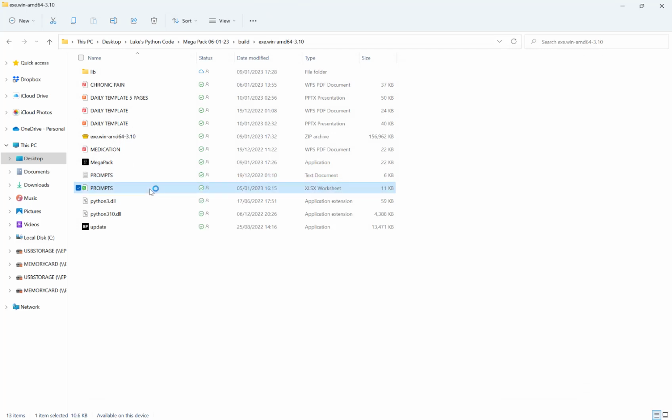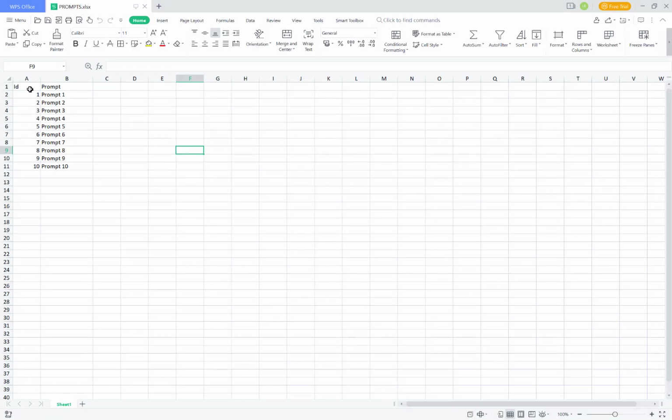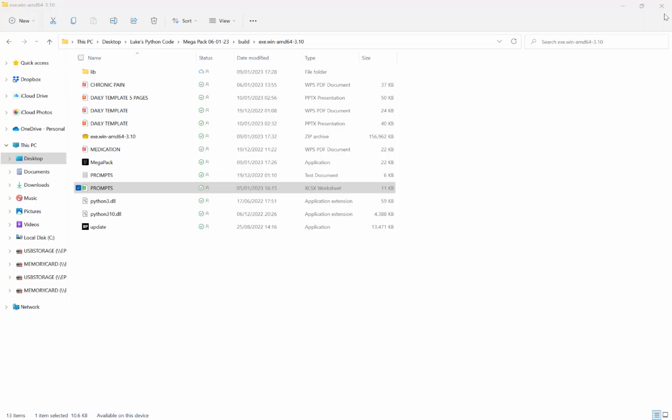I just open it up here, and this is formatted like so, where you have ID down the left hand side and then the prompt on the right hand side. And for each prompt, you need to add further IDs. So if you have prompt 11, you need to have ID 11, and so on. Which one you want to use is completely up to you. If I go back in now,